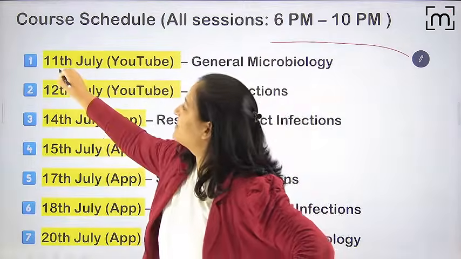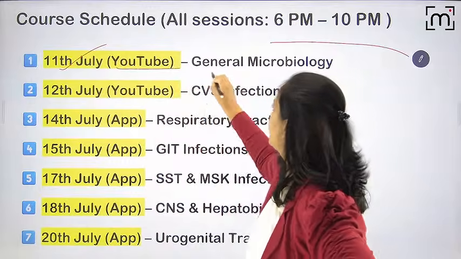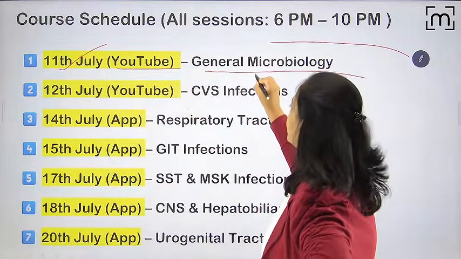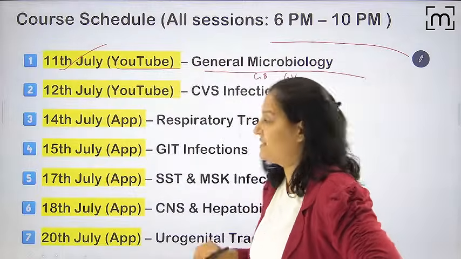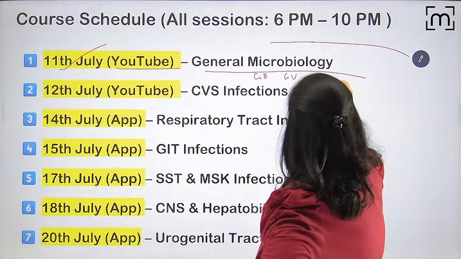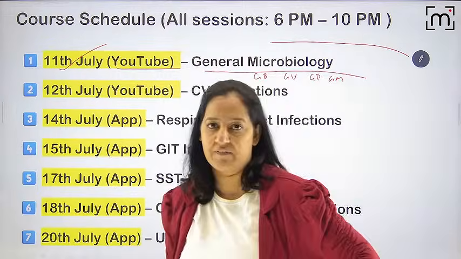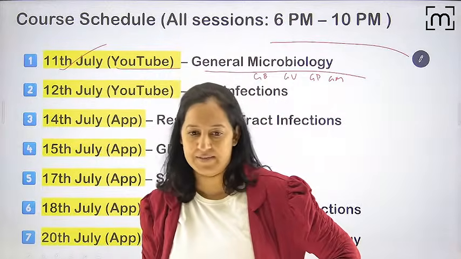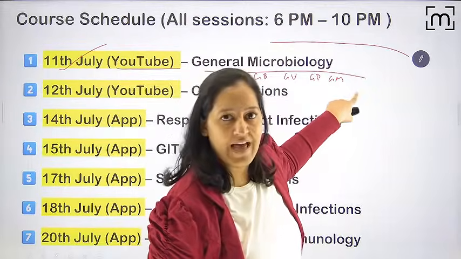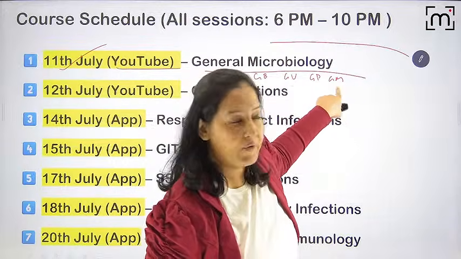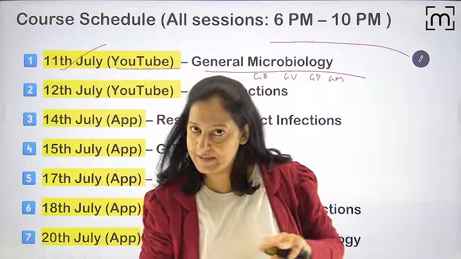So today's session is done, 11th July, on YouTube, General Microbiology. I covered General Bacterial and General Viro. That was the major portion, so 90% of that is covered. For General Parasite and General Mycology, we have only classification to be covered here: classification and overview of lab diagnosis, that's it. The remaining I will cover in the systemic. This portion I will put as a recording on the app, maybe a half-hour recording. The 4-hour session is done over here. Got it? So this portion is done.